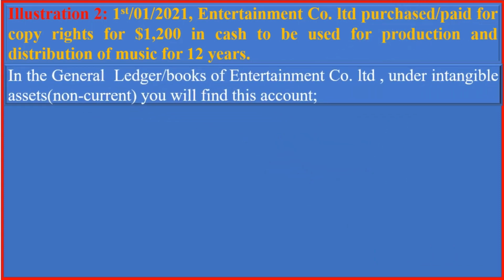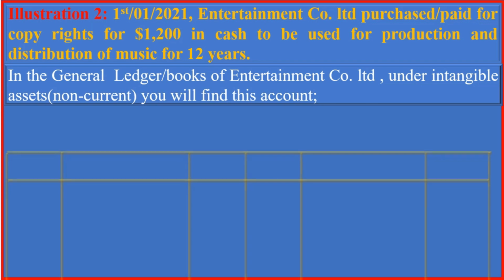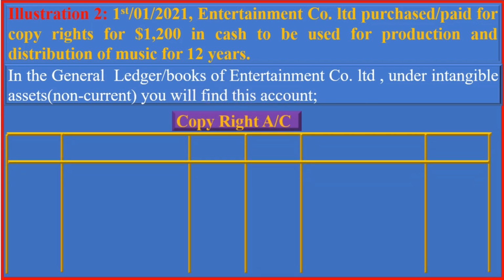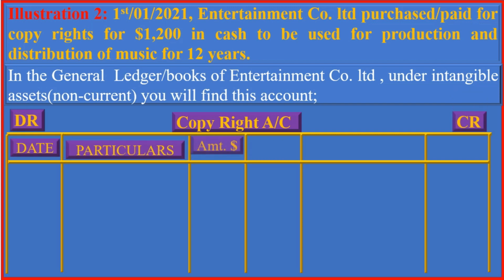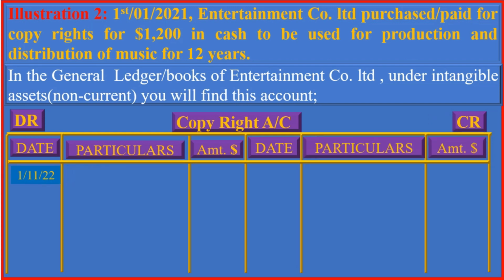In the general ledger of Entertainment Company Limited, under intangible non-current assets, you will find the copyright account, where the amount is recorded on the debit side: cash book amounting to